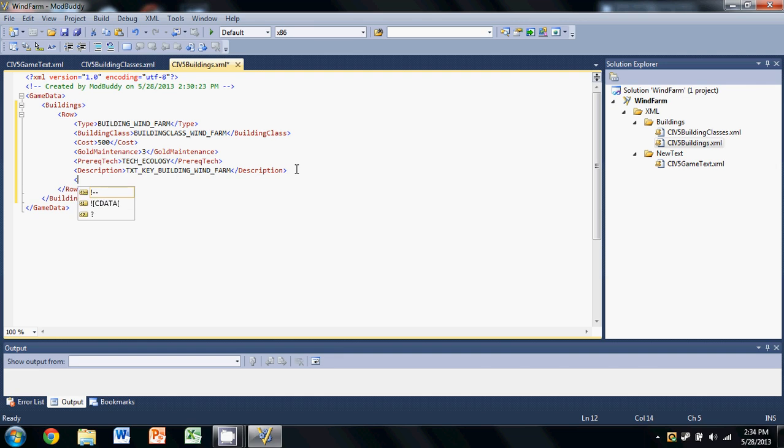And you're going to go ahead and go to Civilopedia. Okay, and then text underscore key underscore civ5 underscore buildings, underscore. Now this is the only place where we do not add an underscore. No matter how many words there are, if there's 5 words, you just say it right in a row, because the computer will automatically do that for you in the Civilopedia. And you also have to make sure that you do not add S's onto anyone except for the Civilopedia, which is the only one where there's actually Civ5 buildings and not just building. So be sure and be wary of that. The next one will be strategy. So text key building wind farm